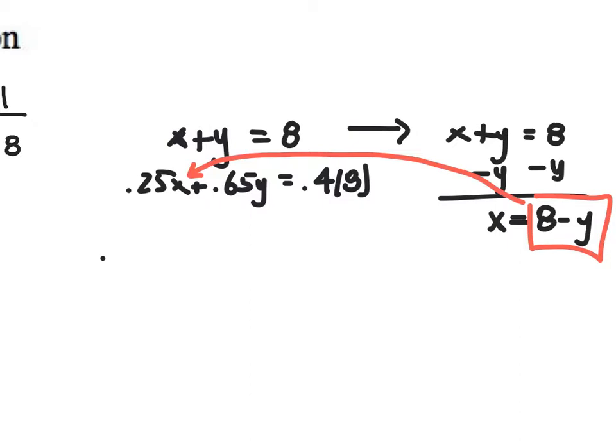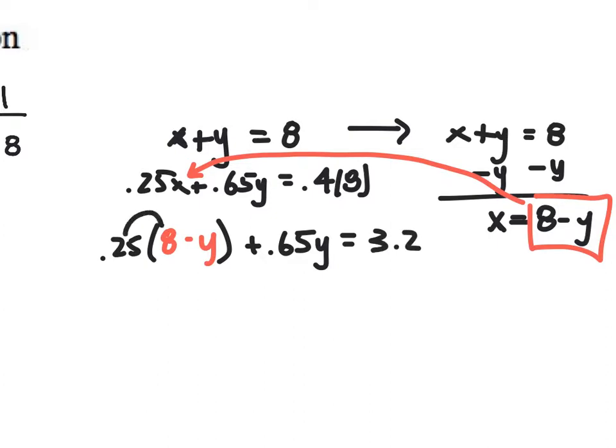Okay, and so I'm going to do 0.25 times x, but x is going to be 8 minus y, okay? And then I'm going to add that to 0.65y, and that's going to equal 0.4 times 8. Let's go ahead and do that math. 0.4 times 8 is going to give me 3.2. Okay, so I'm going to do 3.2 here. Okay, I'm going to distribute my 0.25 here. So 0.25 times 8 is going to give me 2. So I've got 2 minus 0.25y after I distribute that 0.25 into the y,